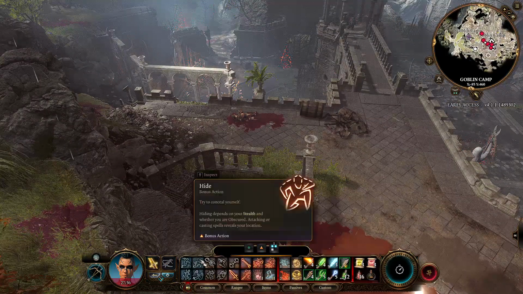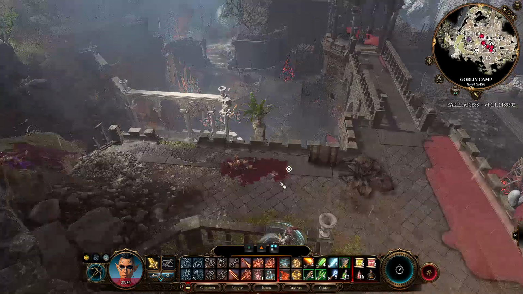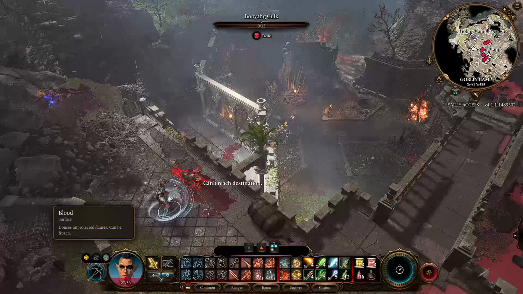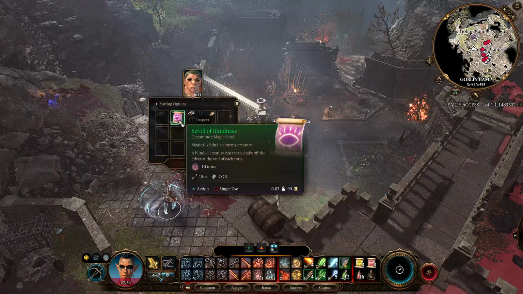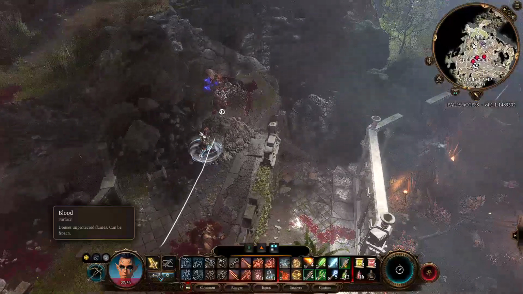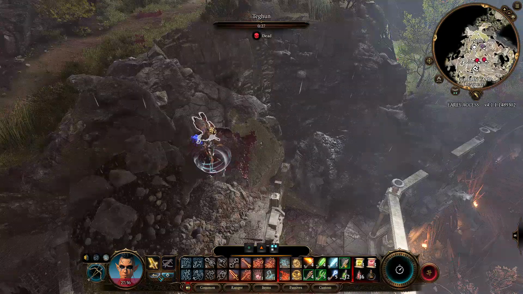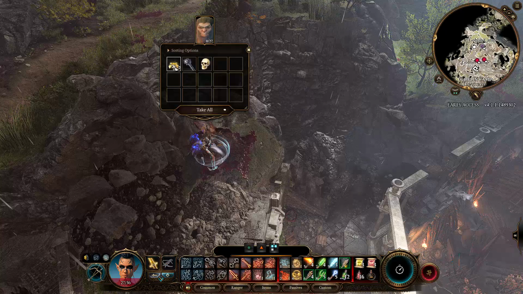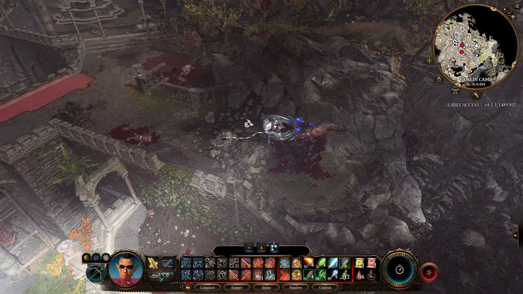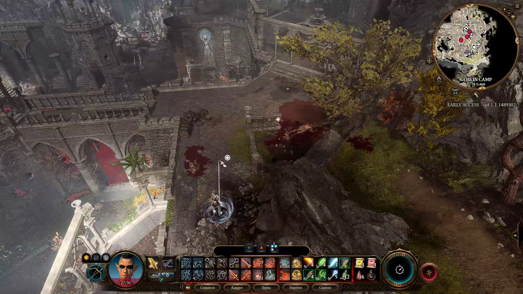I've already cleared the inside, and unfortunately, I had a corrupt file trying to record it. So what we're doing, the inside's pretty easy. I'll go through and save Helsing first, and then kind of use him for a tank. I'll take the Drow out, and then go to kill the priestess, and then